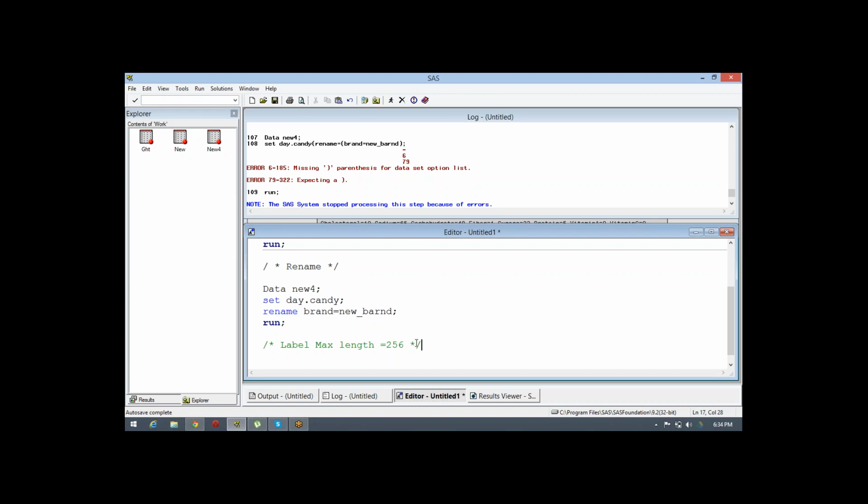The label maximum size you can keep is up to 256, whereas a variable name can be up to 32 characters only, max to max. That's the restriction, and the SAS naming rule methodology is not followed while creating a label name.